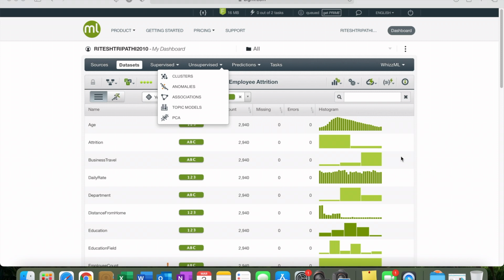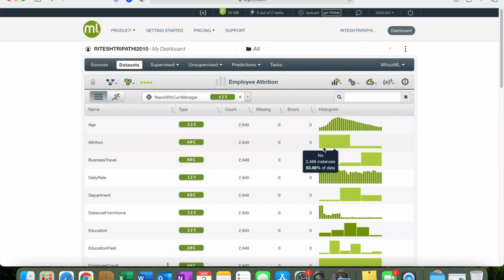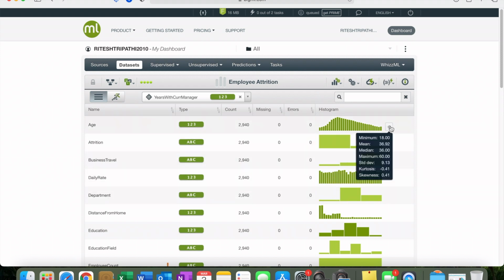So it took almost 5 minutes this time. I don't know. Anyway, so this is the output after clicking on this icon. Yeah, so let me just show you. This shows all your missing values, how many they are, the errors, if they had any. It also shows you the variation, distribution, the histogram, the mean, max, median, standard deviation, skewness for each and every